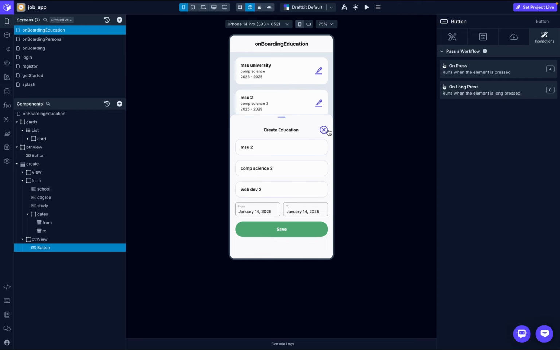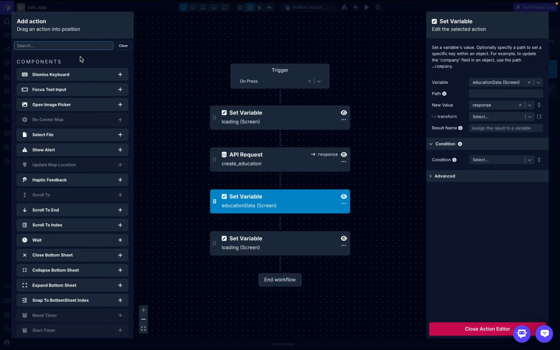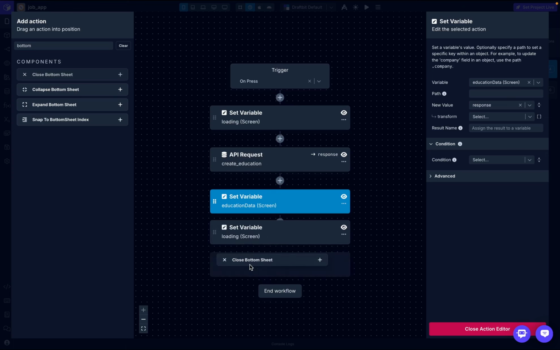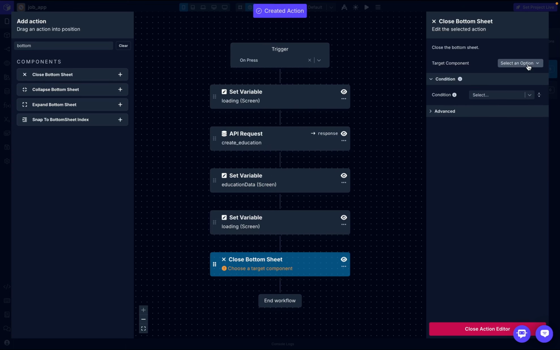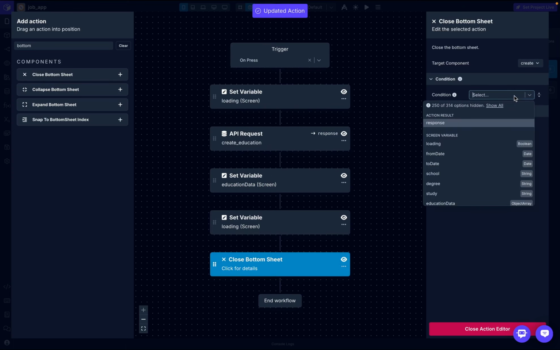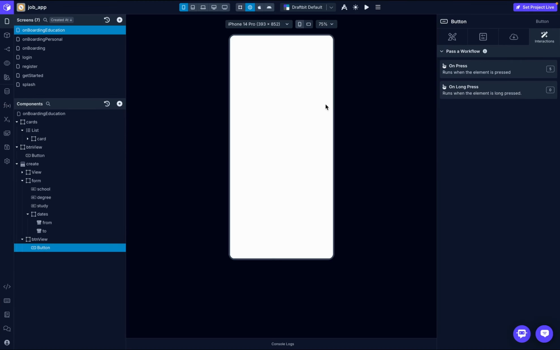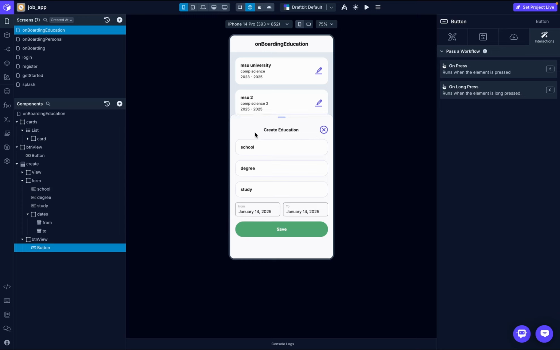We can see we now have 2 schools that were added. And even in the back end, we can see this was actually reflected. So when this is added, what we want to do, we want to close the bottom sheet. So just search bottom sheet, then close bottom sheet. Then we're going to search create bottom sheet. And yeah, perfect. So now when you create, right, all this test,